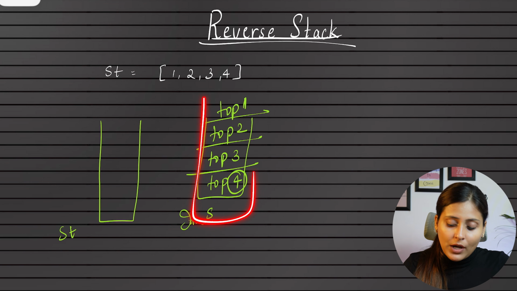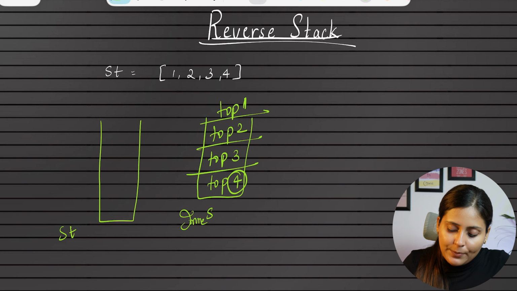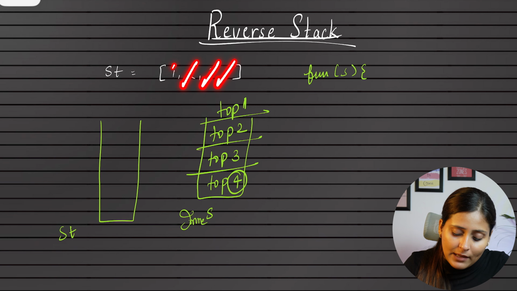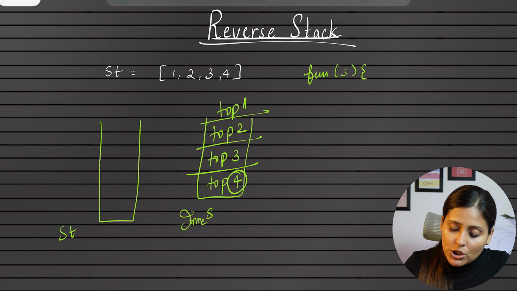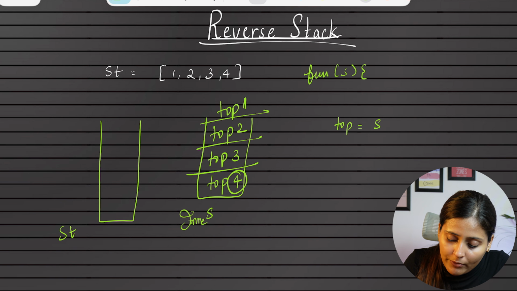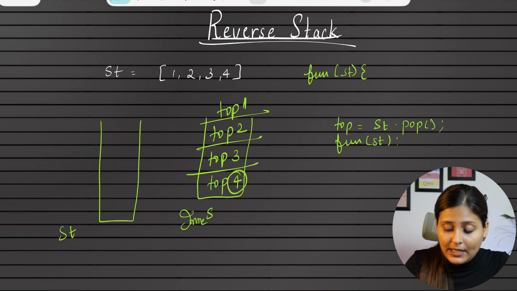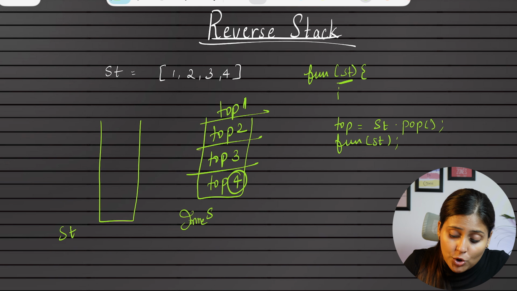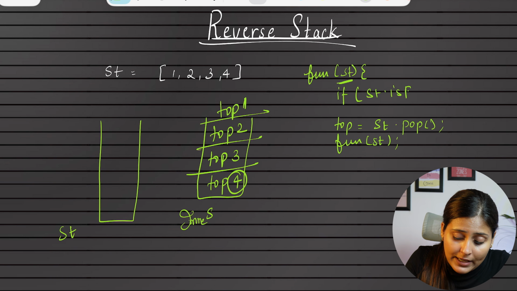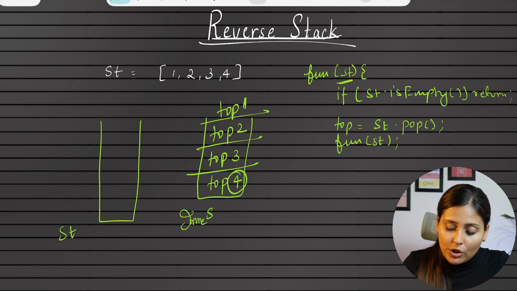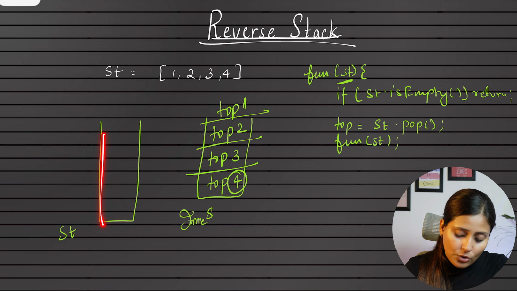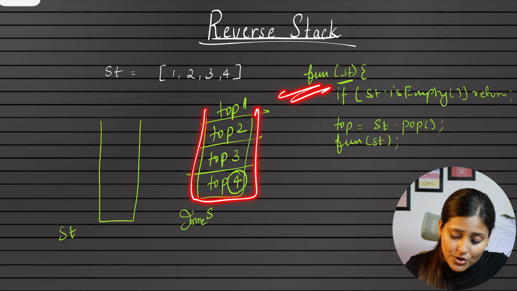But as of now, what we did for the very first function: suppose we have a function where we have a stack. In the stack, the very first task is to pop every element and call the same function recursively. So I will pop and save in my top variable, suppose we have st, so st dot pop. After popping we will call the same function with the same st, but at one time the stack will become empty. So to stop, we have to write the base case: if our st is empty, return right there. Correct?